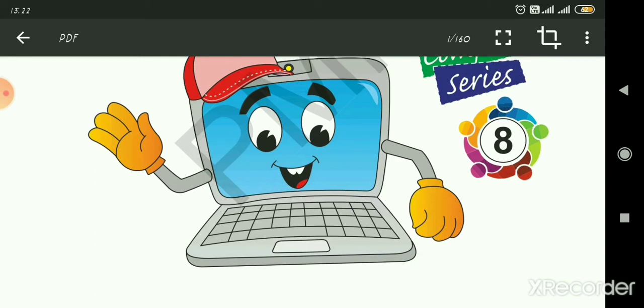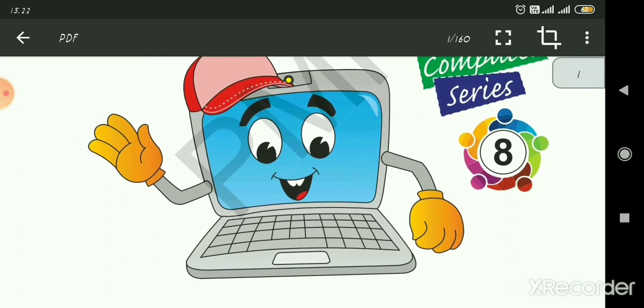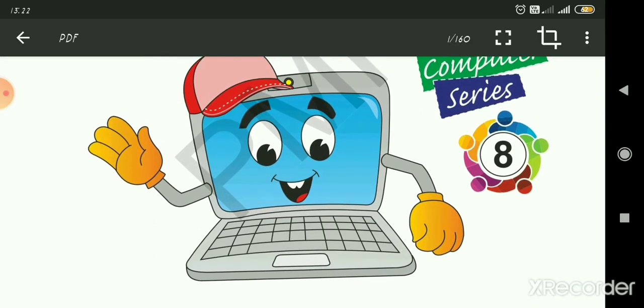With the help of those tools, we will draw our images in the work area on the stage, and by choosing pictures we will do the animation and other things. So let's continue to the topics. Without wasting time, coming on to the textbook.